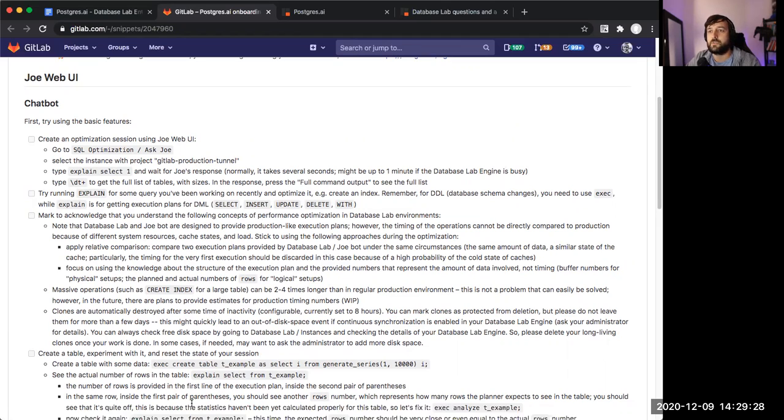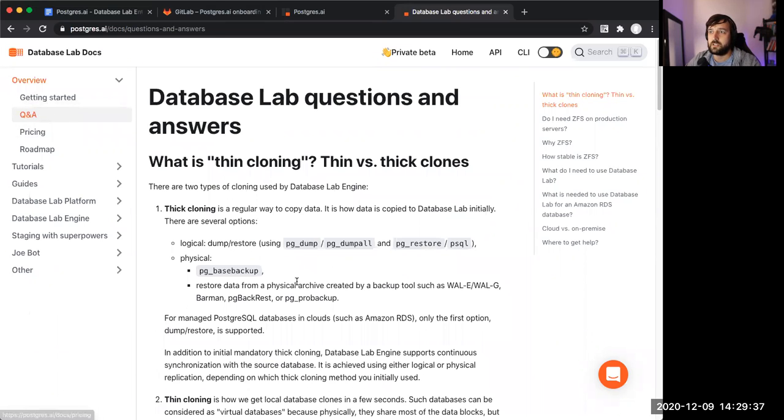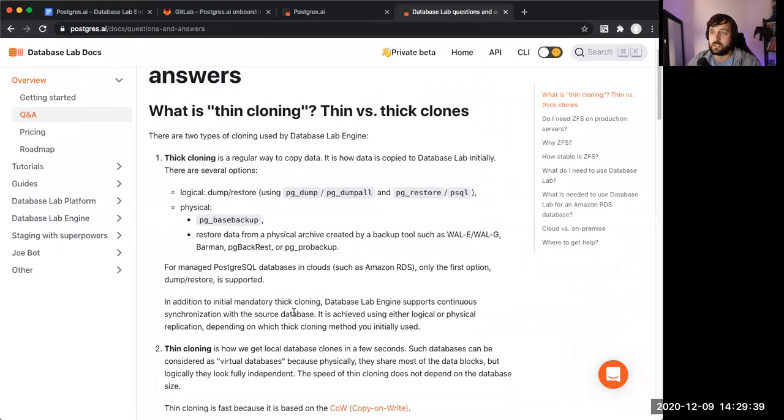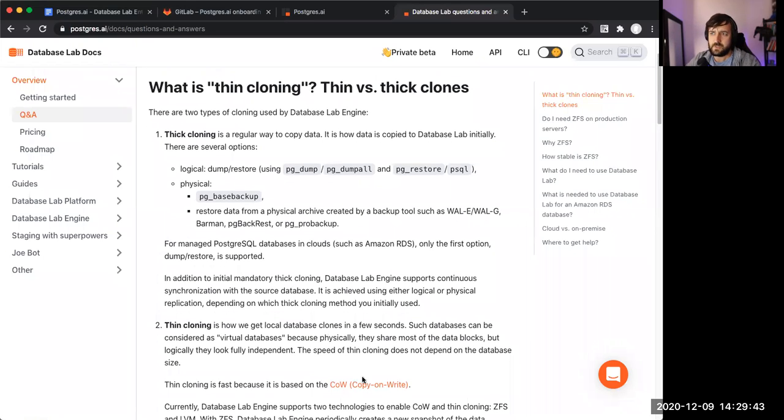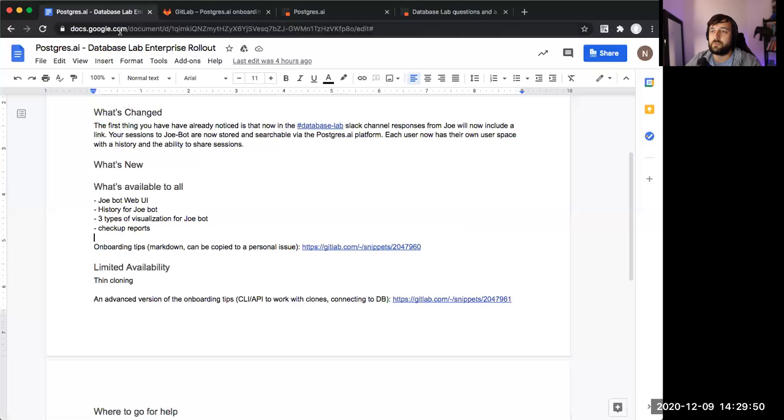I suppose most of you already know what it is, but just in case, if you don't know, I encourage you to read our documentation. We have a Q&A session, and there's a basic explanation of what thin cloning and copy on write are. You also can check it in Wikipedia or anywhere. This is not something new, but what is new is how we use it